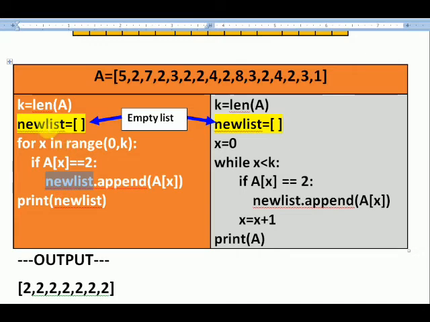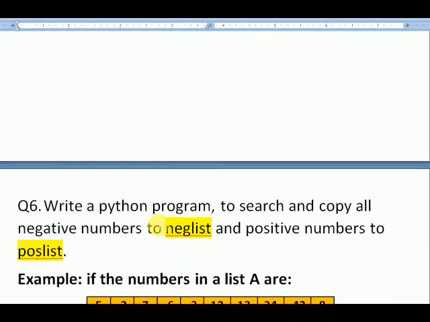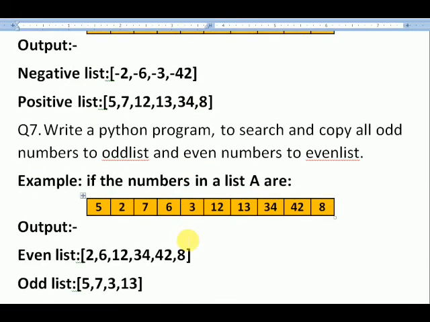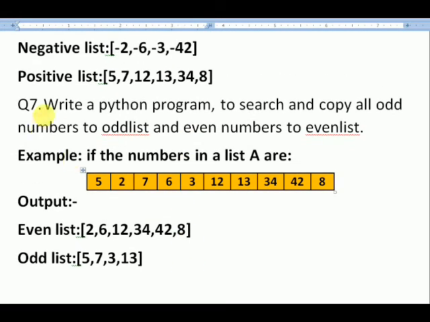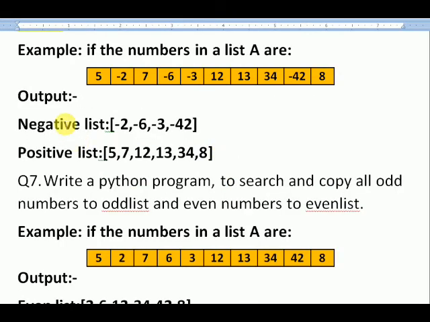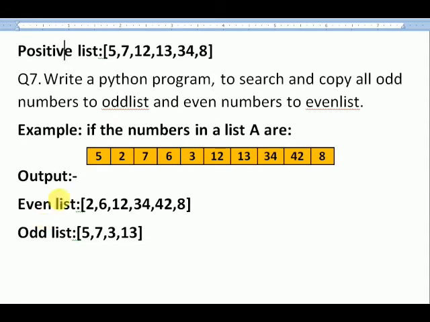Means as you declare this new list, you have to declare two lists here. One is going to be neg list, then you have to press the enter key, and next is going to be pos list and empty list, and that going to be added in the same way like this in this case. So you will get, what is the next one? This is the last question, that is write a Python program to search and copy all the odd numbers to an odd list and all the even numbers to an even list. Same thing, positive and negative, you have to put even and odd in two separate lists.